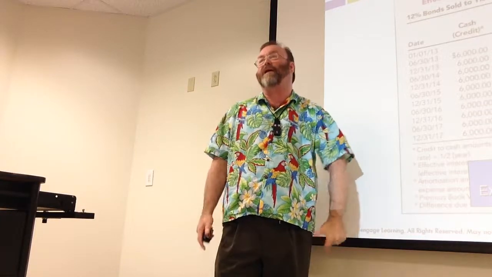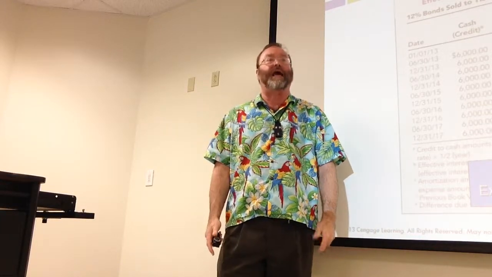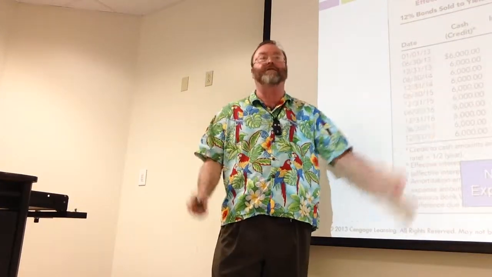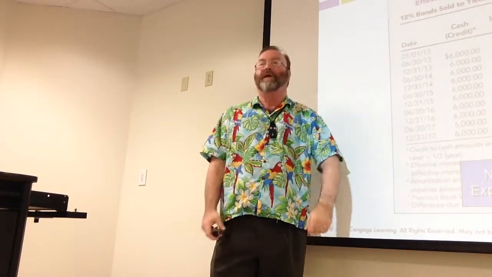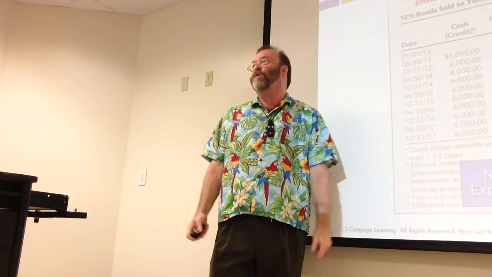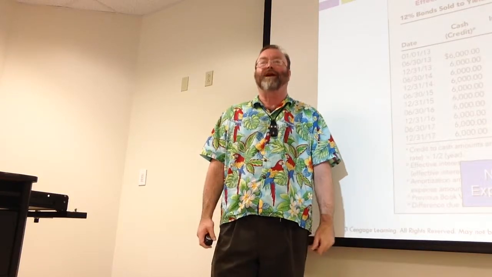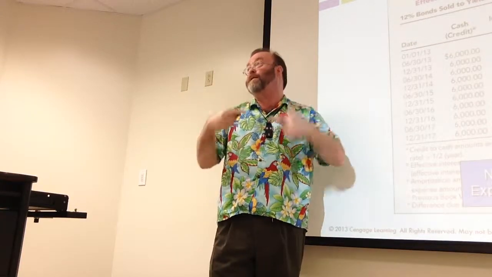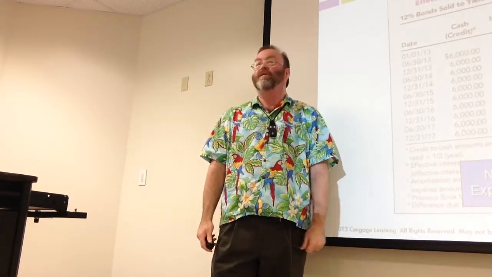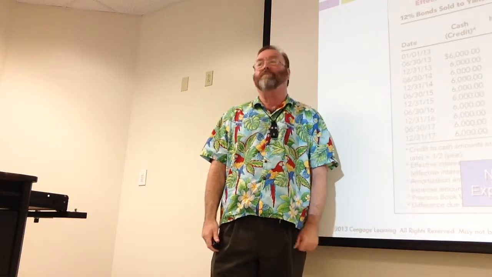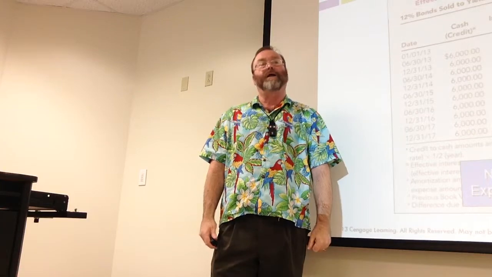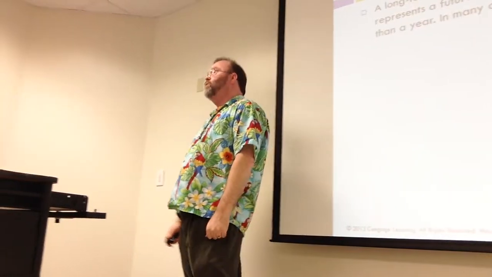There is a straight line method that is acceptable under U.S. GAAP. You can just take that and divide it by 10, but there's no sense in teaching you that. That's too simple. So I'm assuming you can all take the discount or the premium and divide it by 10. And that would be the same interest expense every period. You get to the same answer at the end, but this one is the most common to use. All right, long-term notes payable.